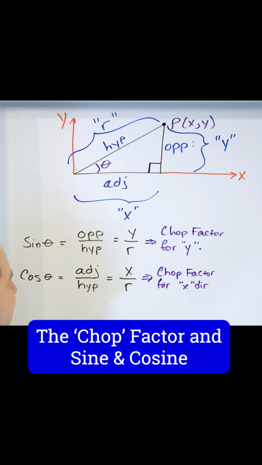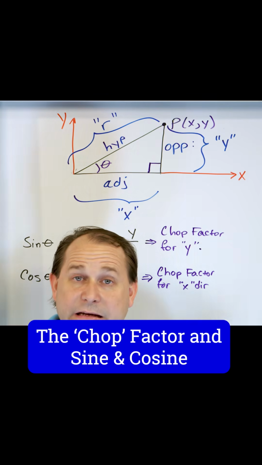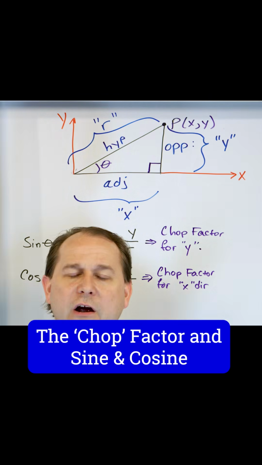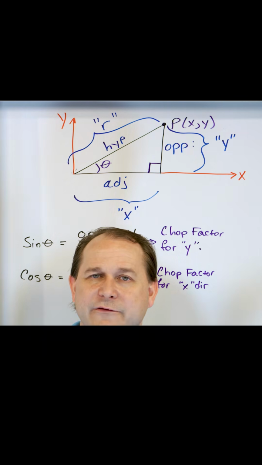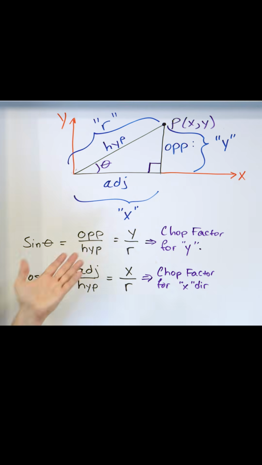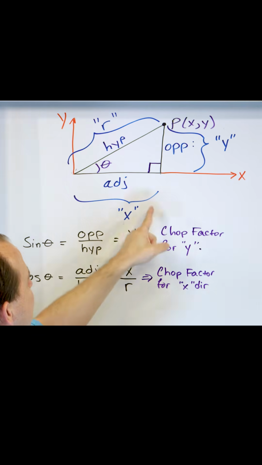We learned in the last lesson that if we know what the sine and the cosine is, then you know what these chop factors are. Sine goes with y, cosine goes with x. That's the chop factor in the x direction. And so if you know what these chop factors are, then I can take the chop factor and multiply by